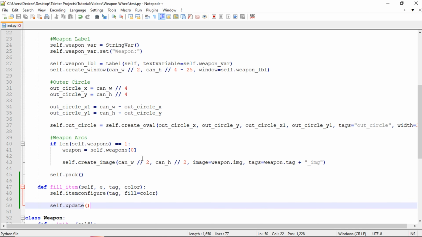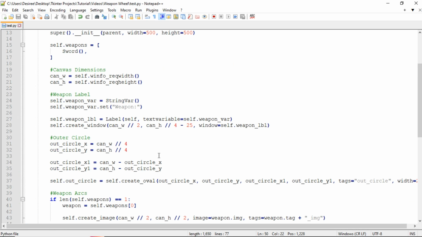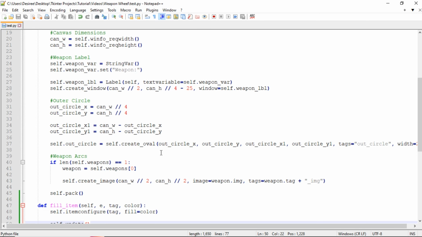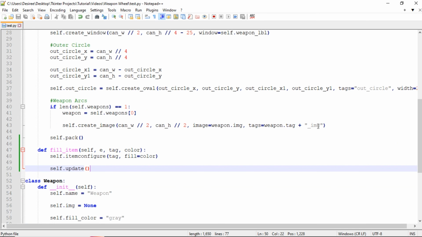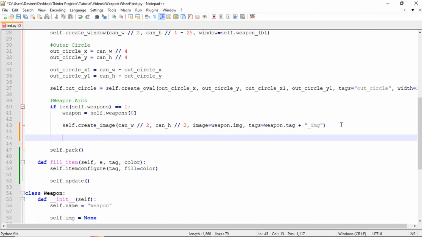And now we're going to add a bind to our circle that we created here. So we're going to go underneath our if statement here, and we're going to do self.tag underscore bind. We're going to pass in self.out circle, and we want this to be an enter event. So whenever the mouse enters the circle, you want it to run a function, and we're going to do lambda e